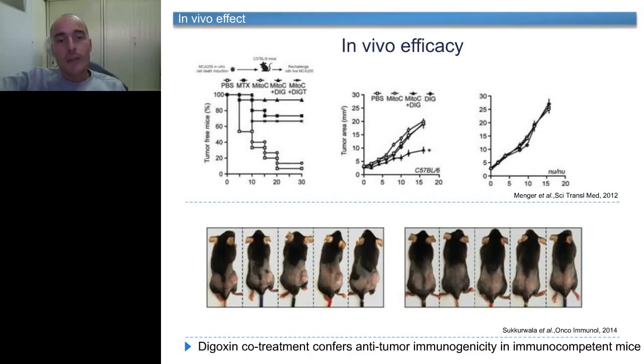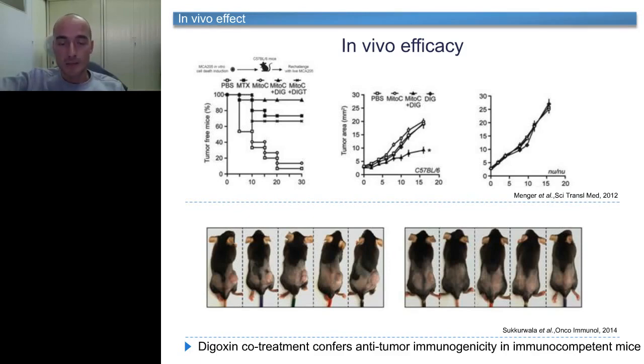And then what we did is that we combined digoxin with a non-immunogenic cell death inducer, which is mitomycin C in our case, and we validated that the combination of non-immunogenic cell death inducer plus digoxin, which brings the effect of immunogenic cell death, has the ability to cause an anti-cancer vaccination efficacy in our in vivo model. So what I explained in the very first slide: we killed the cells in vitro. Then we used these in vitro killed cells as a vaccine to vaccinate